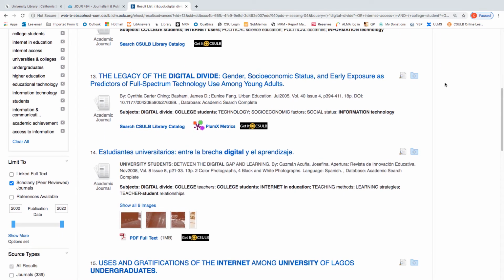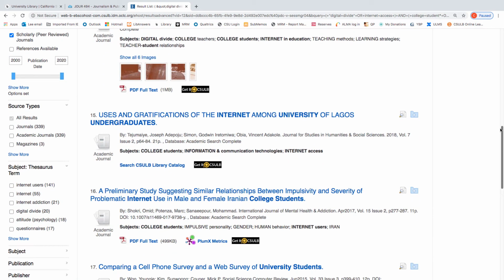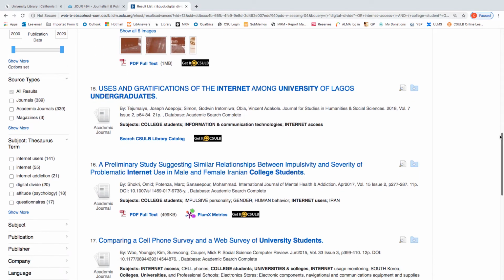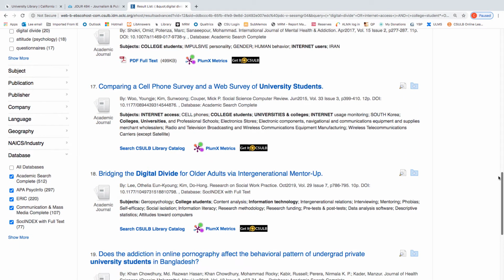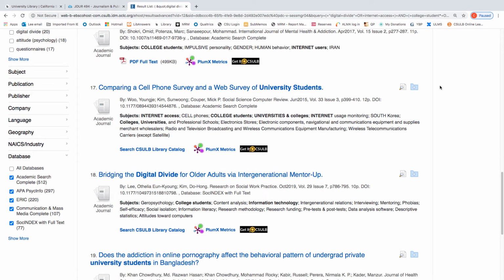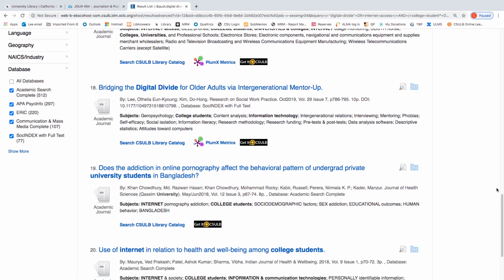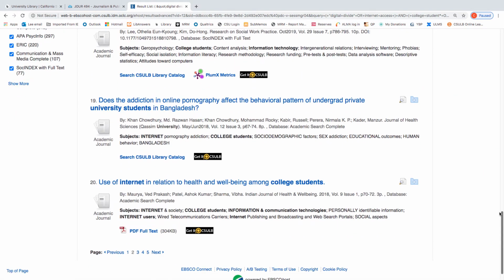The legacy of the digital divide, again, back in the early 2000s. So who knows, maybe the digital divide has disappeared. I would be surprised, but maybe. Bridging the digital divide for older adults, maybe, because not all college students are young.